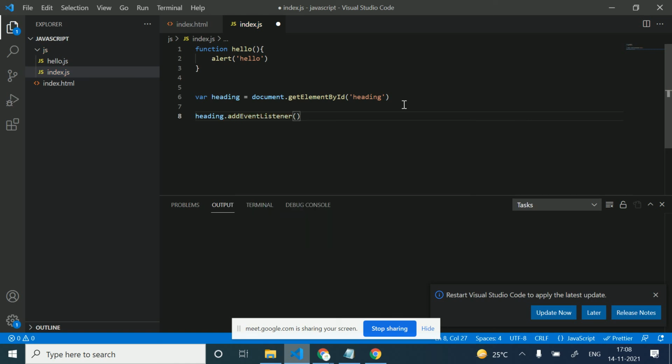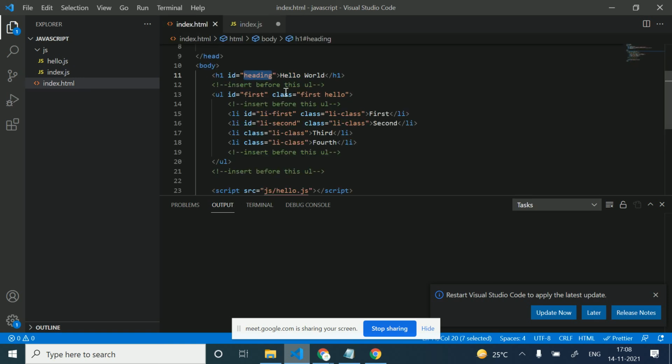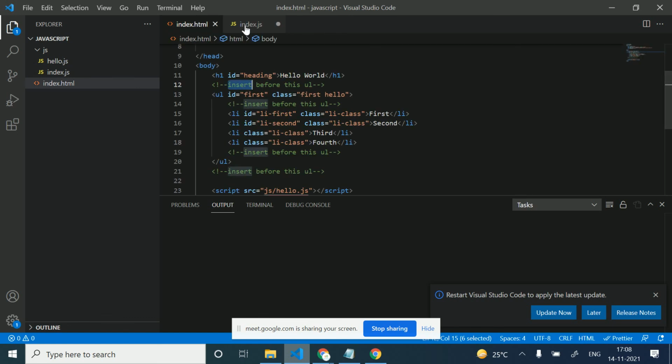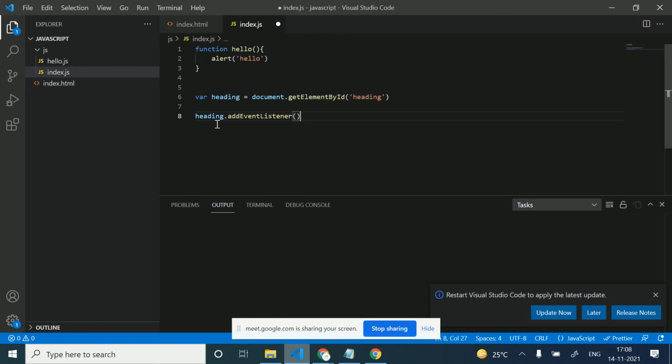When will we use this addEventListener? I have mostly used it in development when using the window object, where I want to perform some events on the window. On the window, we cannot set on click, because we have a DOM element here where we can add on click. But in the window, how can we add on click manually? We cannot. So in this way, we have a window object here, and in that we can add window dot addEventListener.